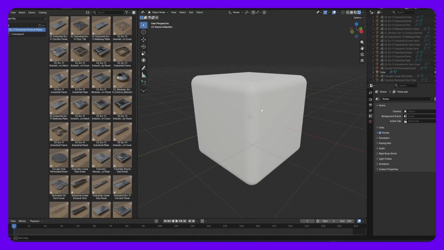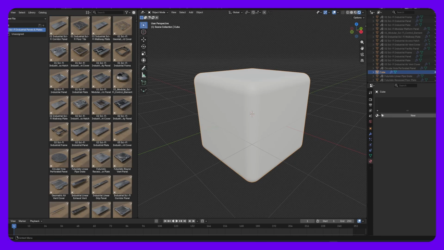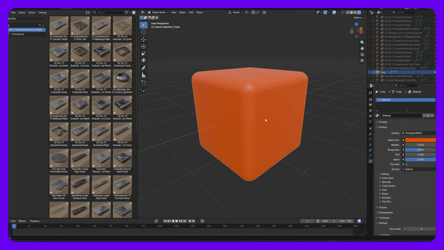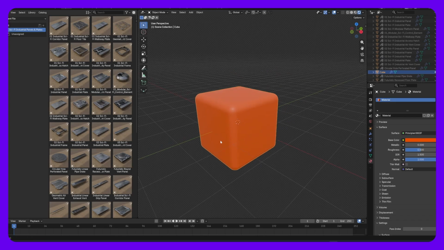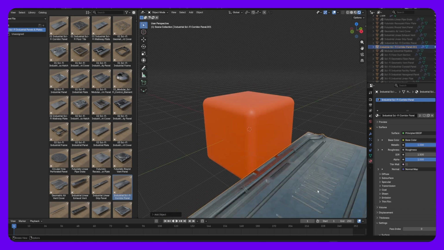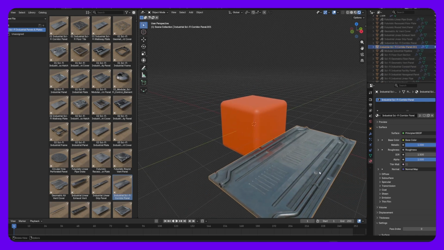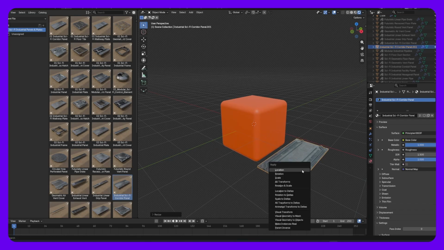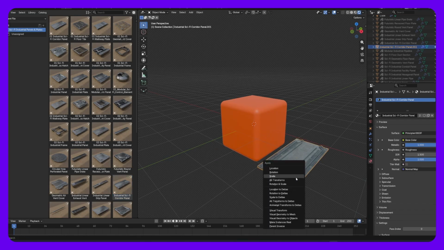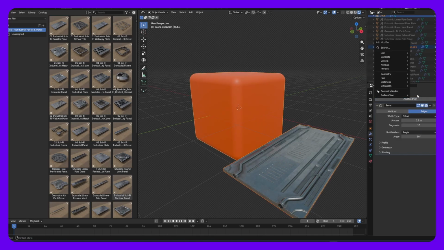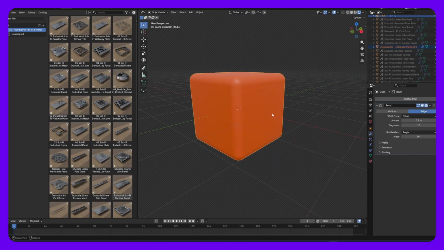So over in Blender, I got my little cube here. Let's give it a little color first. I don't know about you, but I'm partial to the orange myself. And then what you're able to do very easily with a set like this or a kit like this is pull in a panel. Let's size this down a little bit. Apply our scale. And then what we can do with a little tweaking is add Surface Flow